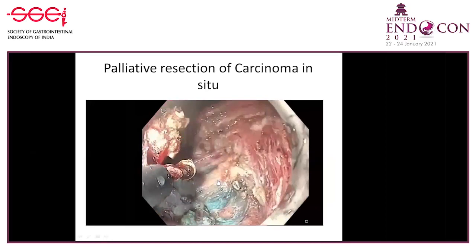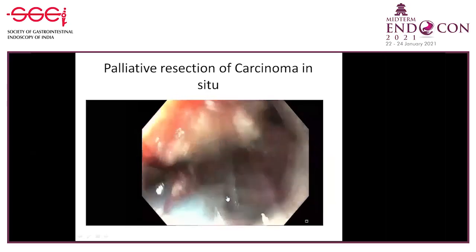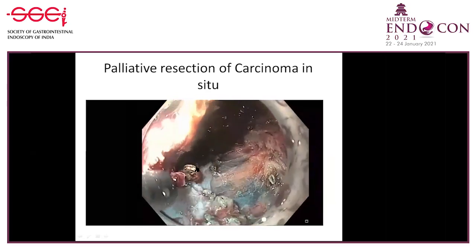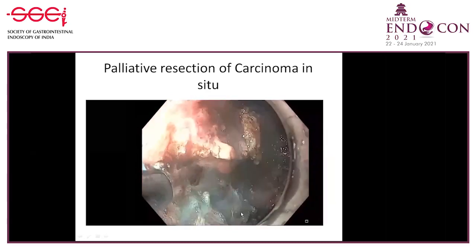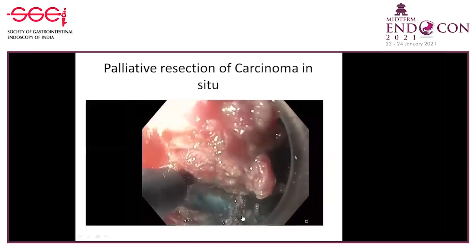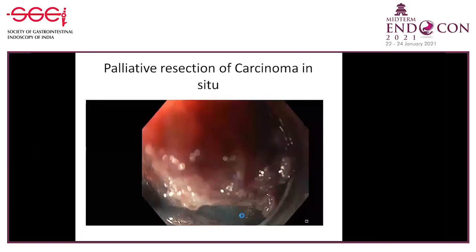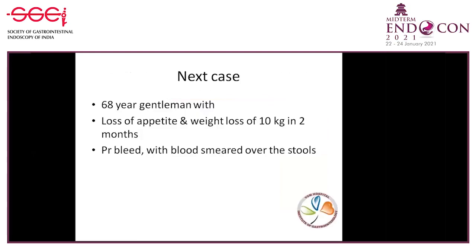So look at this. We are dissecting from the base. I think the video is not playing. Yeah. From the base, you can see the muscularis propria here, and very carefully we resected. Obviously, there were a few spots of involvement, and we did APC at that point. This also took almost 4 hours plus 4 hours. We did it in 2 sittings. And here is the final resected area where we've done APC and then we sprayed collagen. And fingers crossed, the patient is still doing well after 2 years with no recurrence.